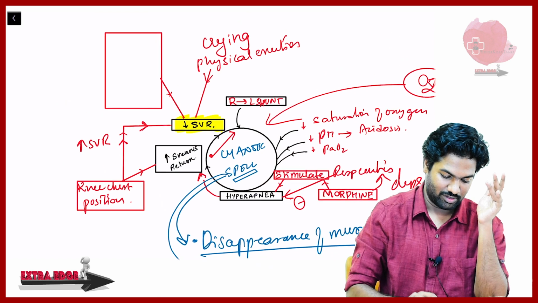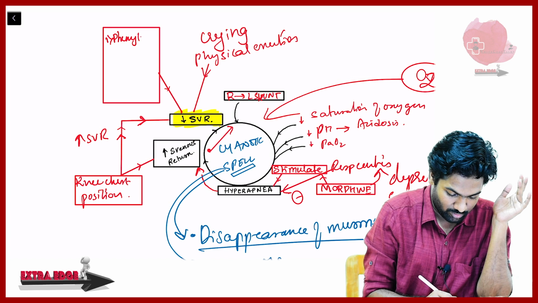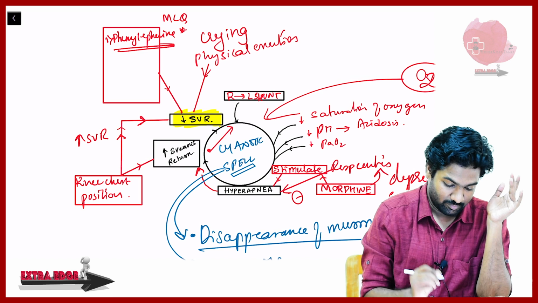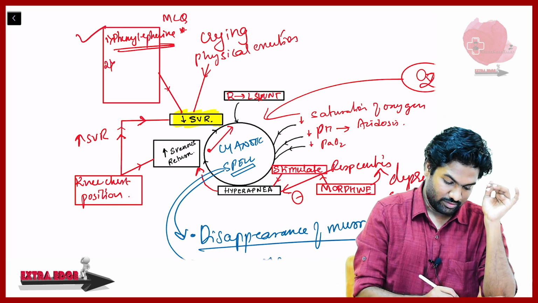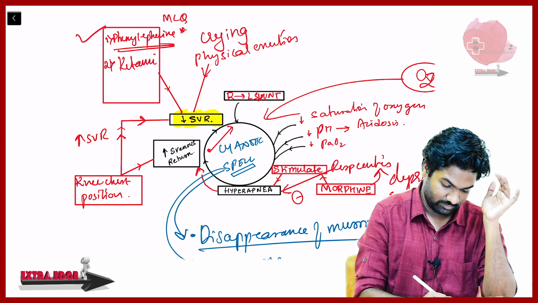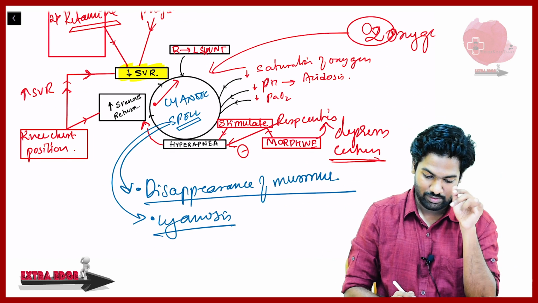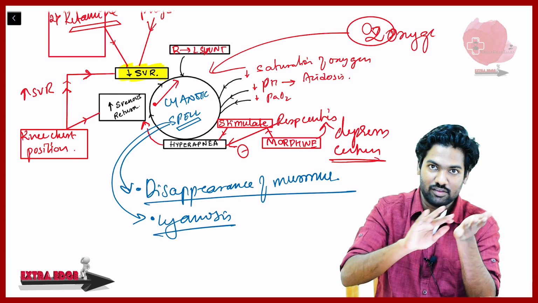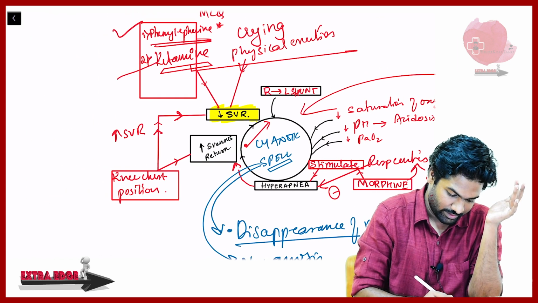If you have access to some drugs, one drug I will write here is phenylephrine. This is an MCQ point of view, because phenylephrine can directly raise systemic vascular resistance. Next important drug, though very unlikely that you would have it, is ketamine. Ketamine has two effects. Ketamine will not only increase the SVR, it will even help the child to sedate. So the hyperpnea, that crying, everything will reduce.